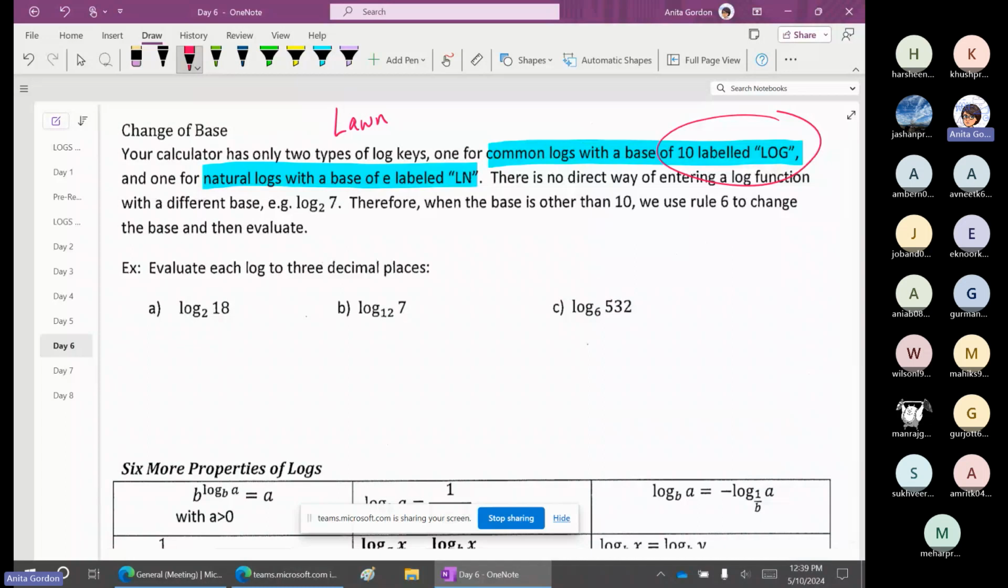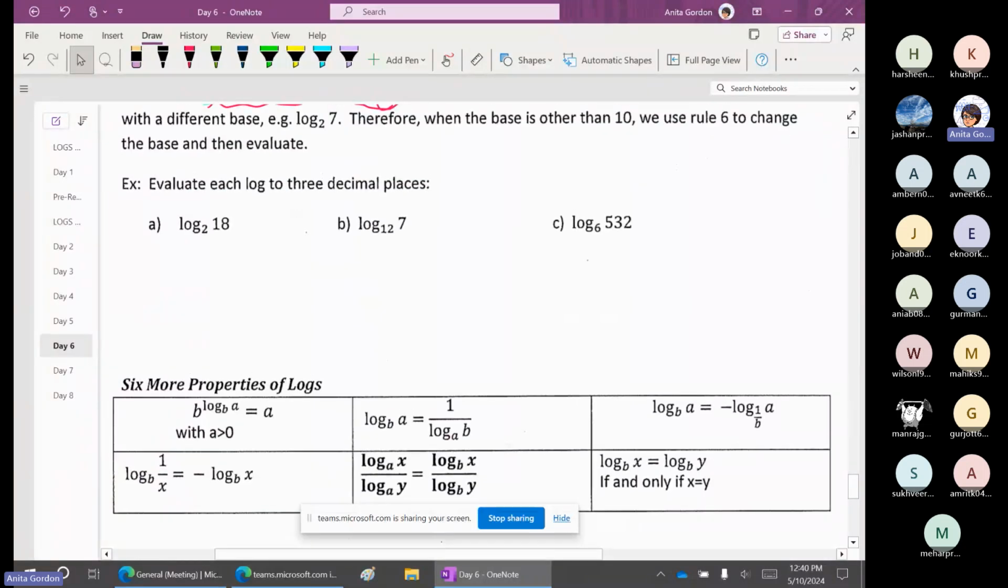An ln is a special case of a logarithm where the base is the natural number e. You don't have to worry about it right now, but just know that an ln is a log with a special base. That's all you need to know. Okay, our calculators only know how to do these two, so whenever we have